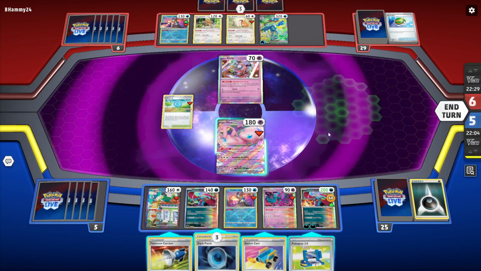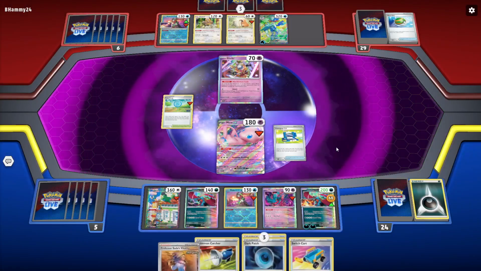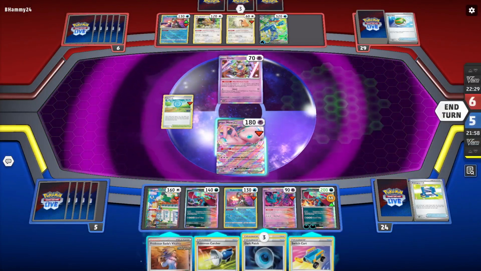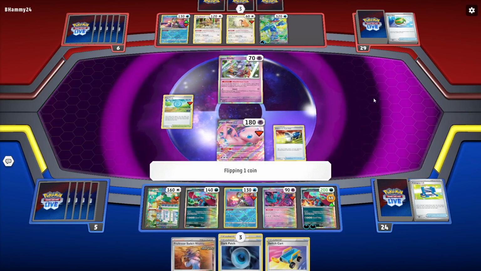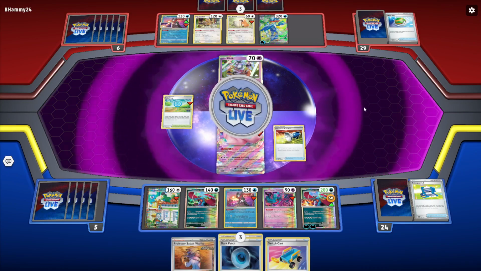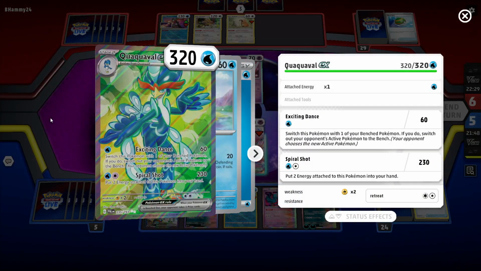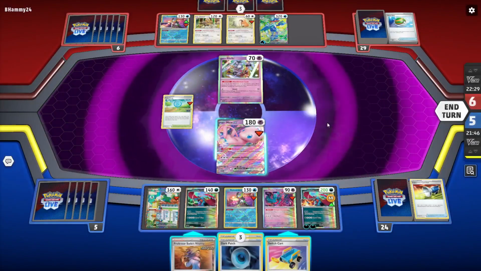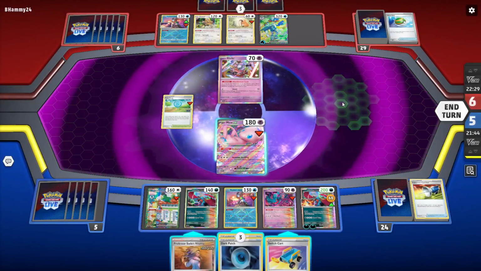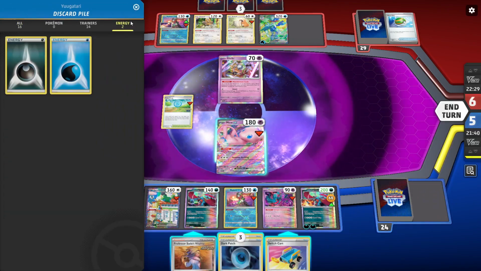I did get a Pokemon Catcher, but let's Pokégear first. Sada is always good, but I do want to get up the Quaquaval EX. Hopefully I can. Okay, you know what? I got a hit previously. Can't complain. Can't complain at all. Put 2 energy from this Pokemon into your hand. So I am out. If I Sada here, it doesn't feel good because I don't really have the